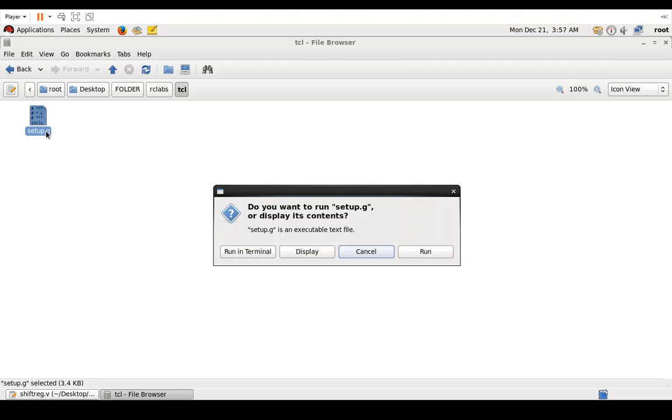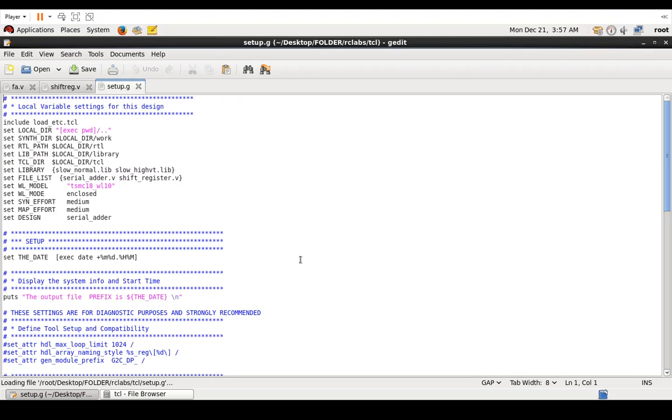TCL folder, now TCL is a scripting language called Tickle. This Cadence RTL compiler tool that we are going to use doesn't understand English. What it does understand is the Tickle language. So this file that you're seeing here is a script in the Tickle language, and this is the only way we can give inputs to the RTL compiler. We want to tell it to do certain things, right? How do we do that? We have to do it in terms of commands in the Tickle language,